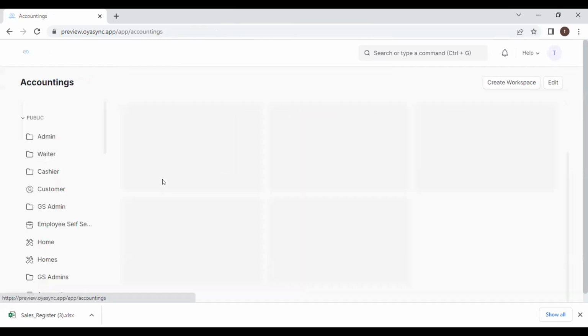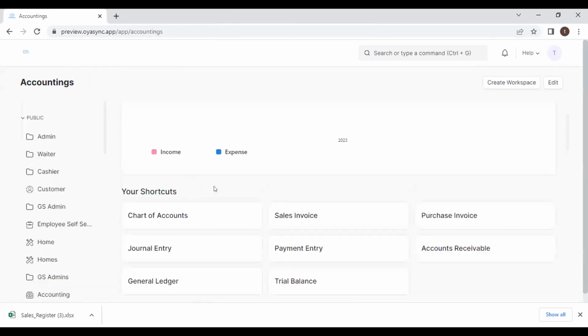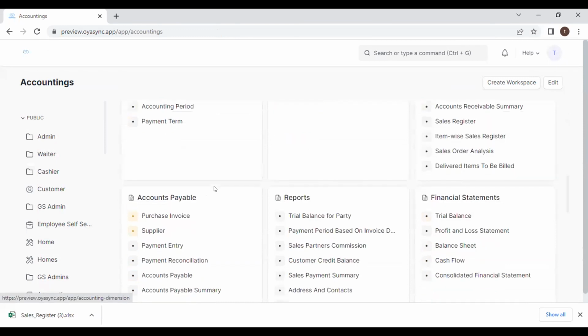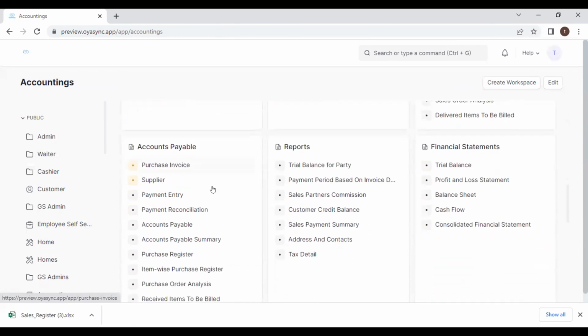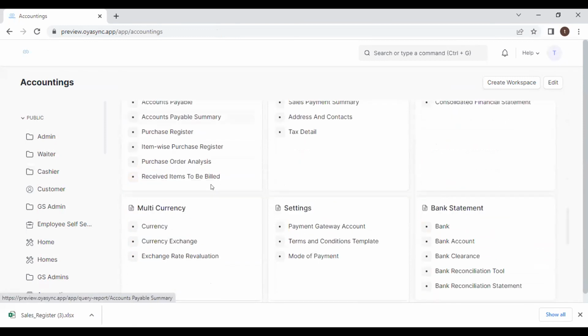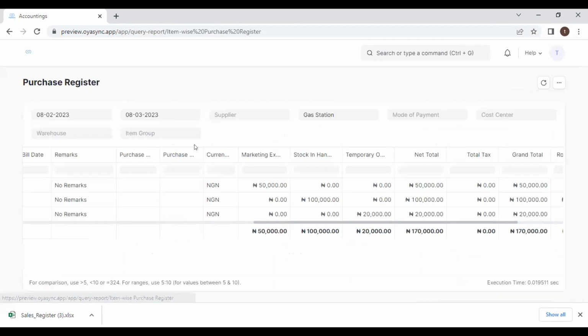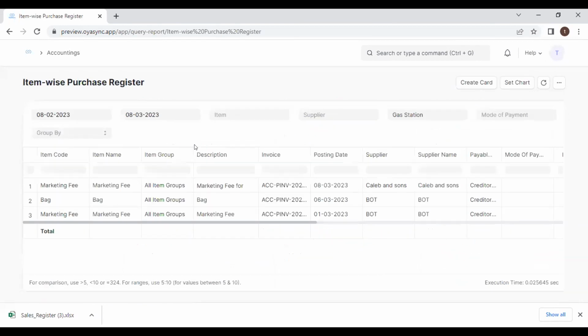The same thing applies to our item-wise purchase register. So there are more reports. As I mentioned earlier, you have tools and you have reports. You use tools in manipulating the system, and you use reports in just getting information on what has been entered on the system. So you also have your item-wise purchase register, which is this. So with that, we would have covered